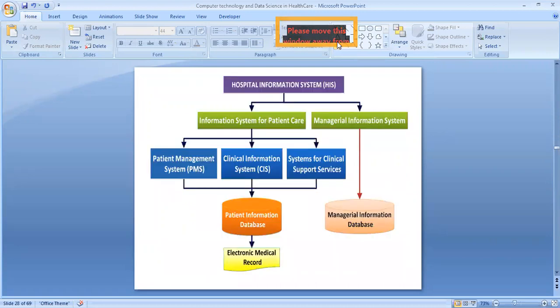So this is an overall hospital information system. It is not always the patient data alone; it is how the whole hospital is managed. All the services are managed. How about the records, how the various clinical systems are sequenced, and how they plan their execution in patient care delivery. All these things also contribute to the data. So it falls under the managerial information database in addition to the patient information database. So there is a huge amount of data that needs to be handled.